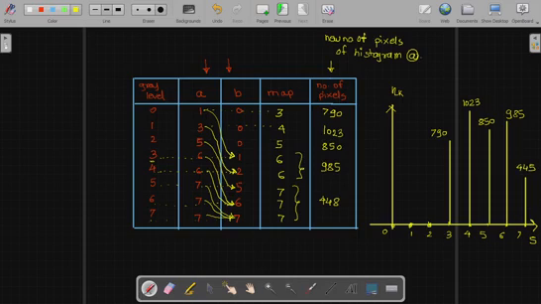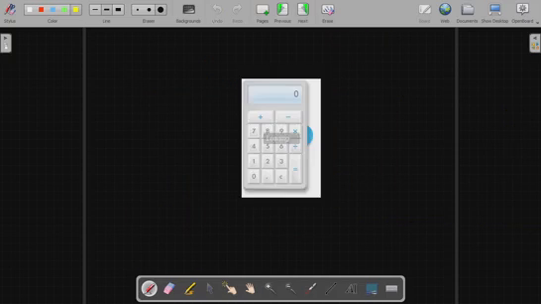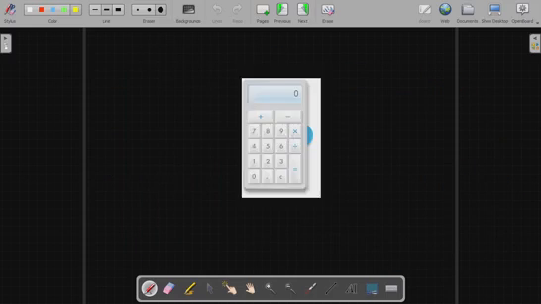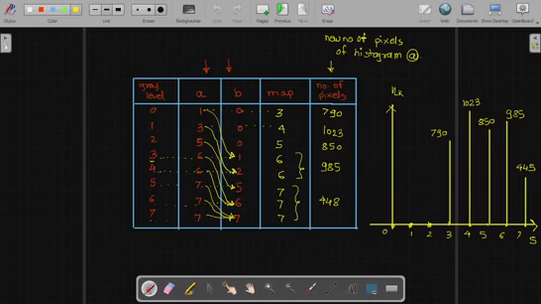So if we compare, this is our new histogram, means the histogram for A which is modified according with B. If you compare this histogram with the histogram of image B, they are similar in looking. So by this way we can perform the histogram